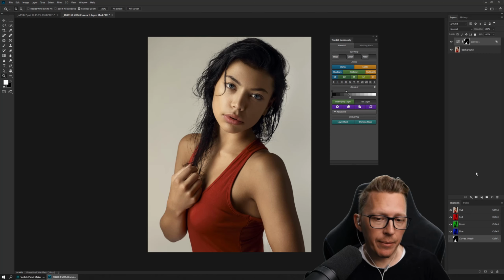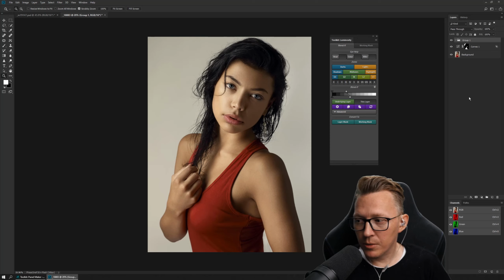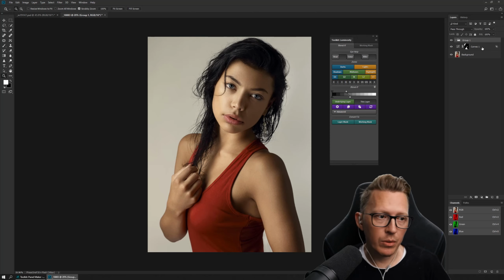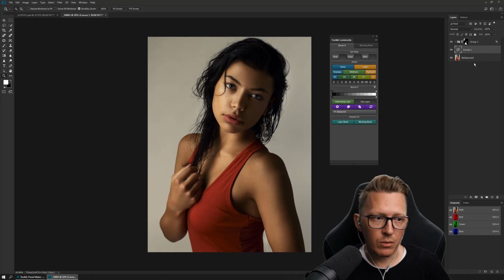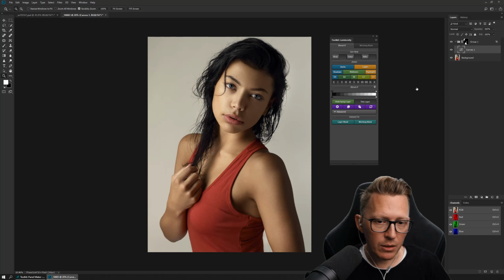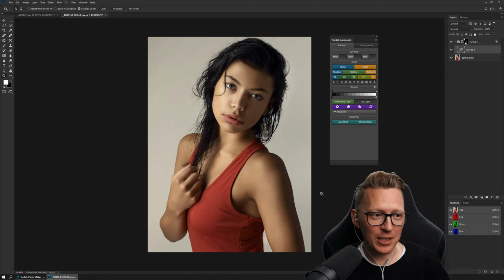And then, if you decide to make more adjustments, and you have this in a group, there's an easy way here to copy this blend if, and you can put the blend if on the group, and then you can remove it from here if you want, and you have to move the mask as well then, but do that, and put this back in the group. There we go. Sometimes Photoshop messes with you, but yeah,